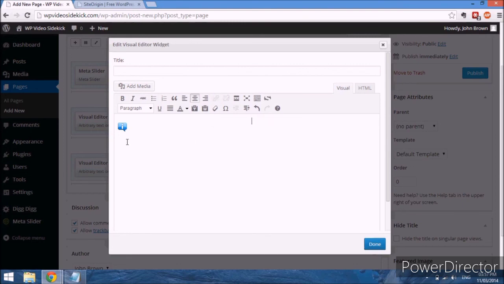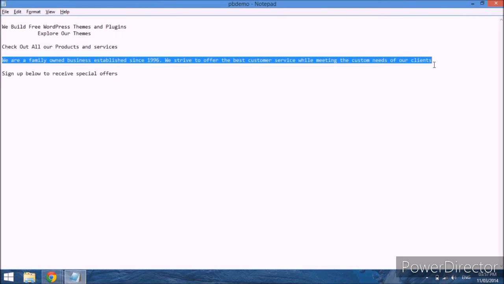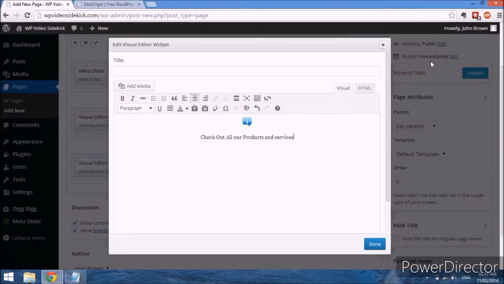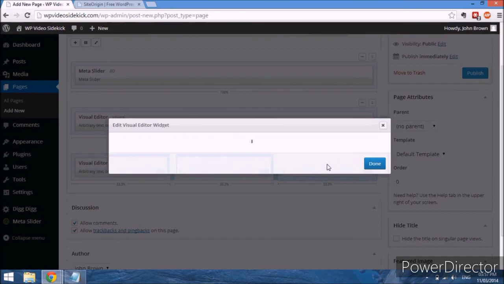Just cut. And then for the text, just a little bit about the business. Then I'm done, and then I'll just edit the last one,